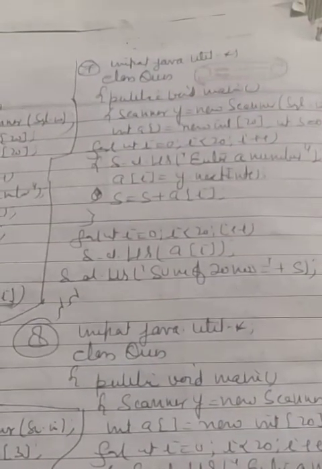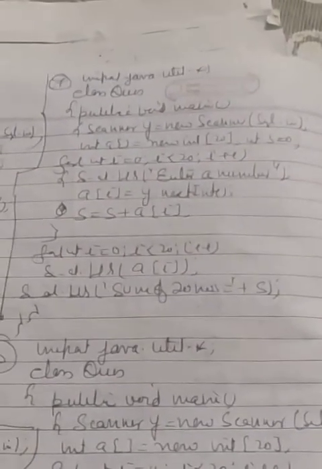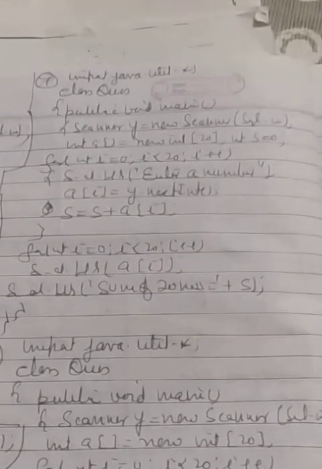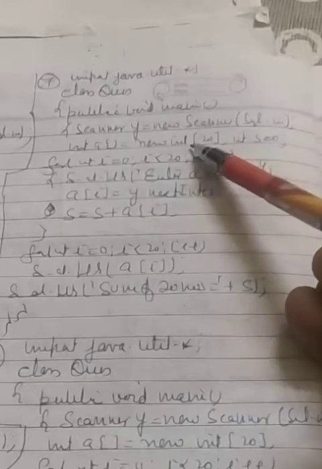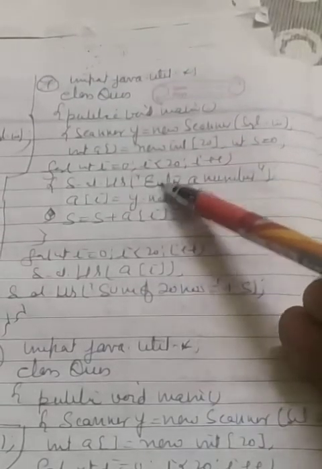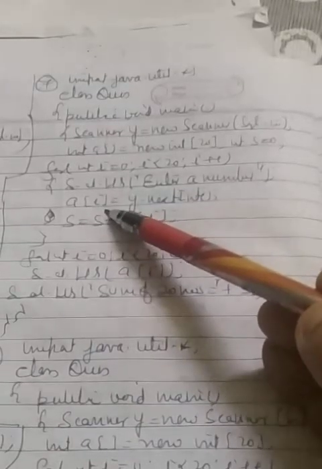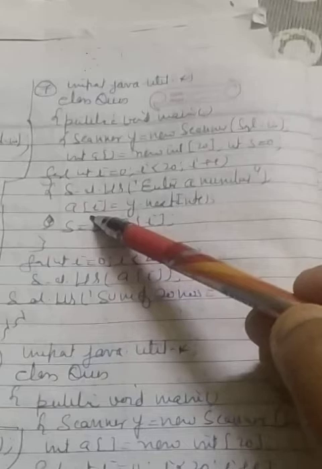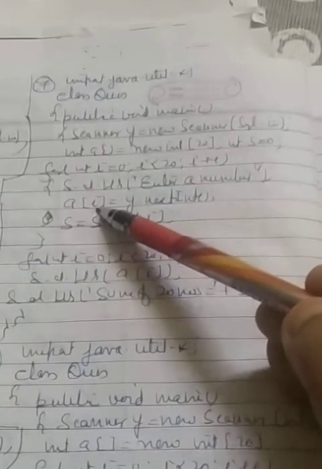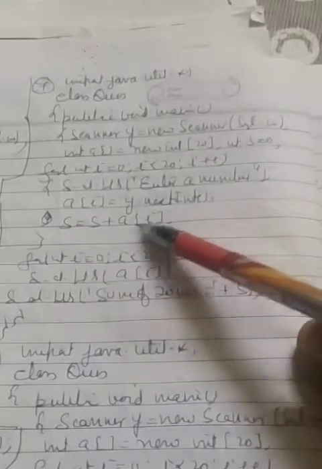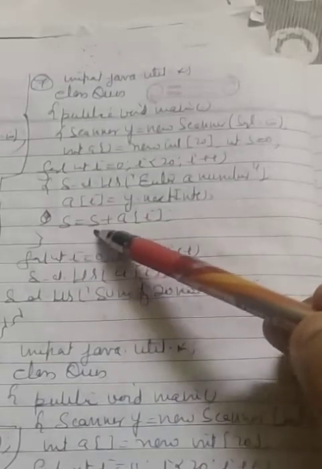Now the next question says that we have an array containing 20 cells, print these numbers in the form of a list as well as the sum of the numbers. So what I am doing here is, we have declared an array of 20 cells, we have filled it up, and as I am filling it up I am also calculating the sum. Every time I am entering a number in A0, A1, A2, I am getting the sum, storing it in S: S is equal to S plus A0, next S is equal to S plus A1.